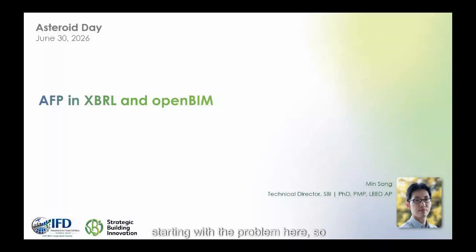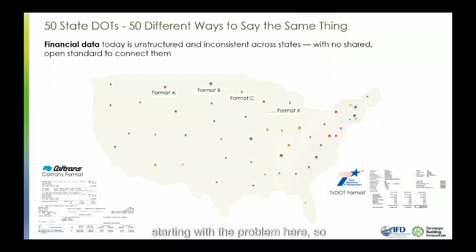Starting with the problem here, there are 50 states, and what we're seeing is effectively 50 different ways of formatting the exact same type of document, application for payment. For instance, Caltrans has its own layout for AFP. Texas DOT has its own layout. Iowa DOT has its own layout, and every other state has their version or variation of this same type of